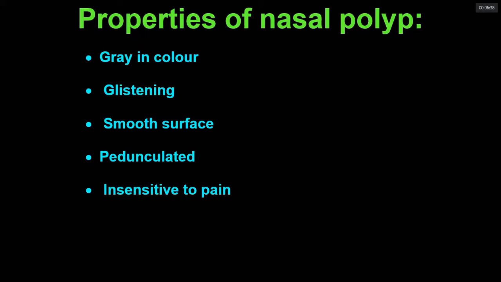In the inspection we look for the osteocartilaginous framework of the nose. Then we look for any scar mark, any swelling. There can be a dermoid, there can be a meningoencephalocele. There can be different swellings, and there can be scar marks from previous surgeries. Nasolabial angle, nasolabial fold, and similarly the color of the skin. So these things we look at in the inspection. Once the inspection of the nose is completed, you check for the patency.